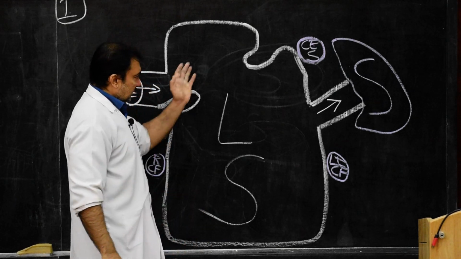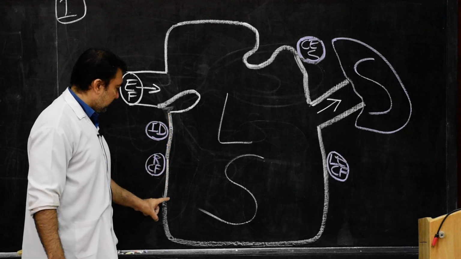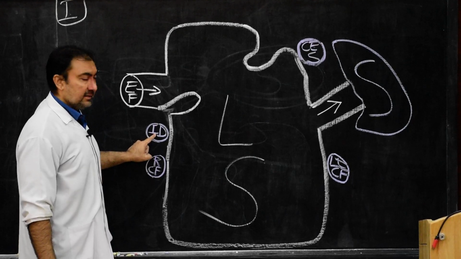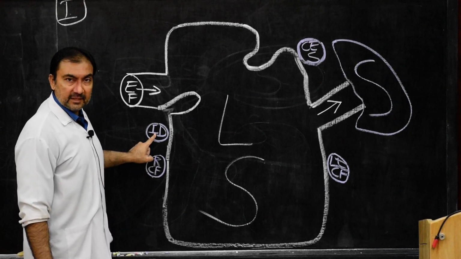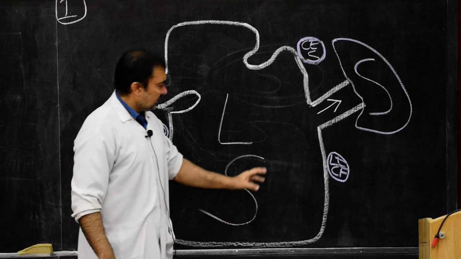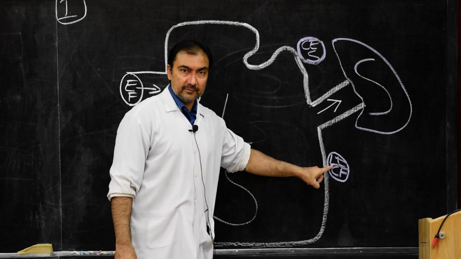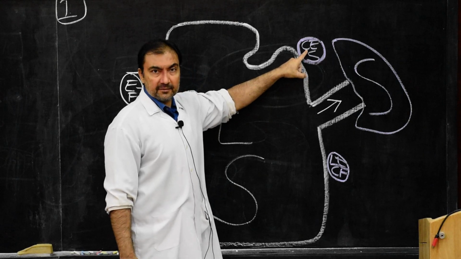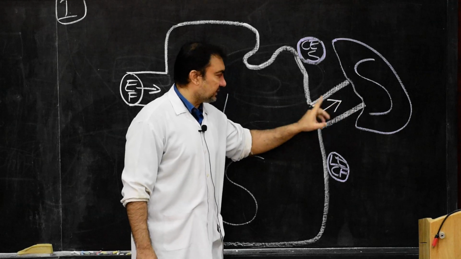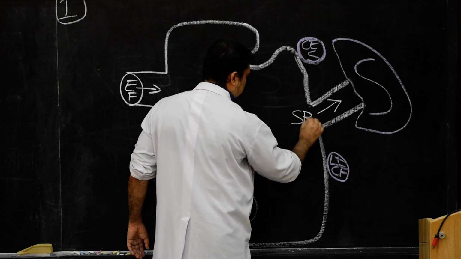Now, this is the interior of the lesser sac, this is the right margin, and of course we had understood in segment 2 the right colic flexure and first part of duodenum. They were the important landmarks of the right margin of lesser sac. Similarly, on the left margin of lesser sac, the important landmarks were left colic flexure, that is the level of transverse colon, and cardiac end of stomach. And in between we are showing a recess that is directed to the hilum of the spleen. This recess is called the splenic recess.